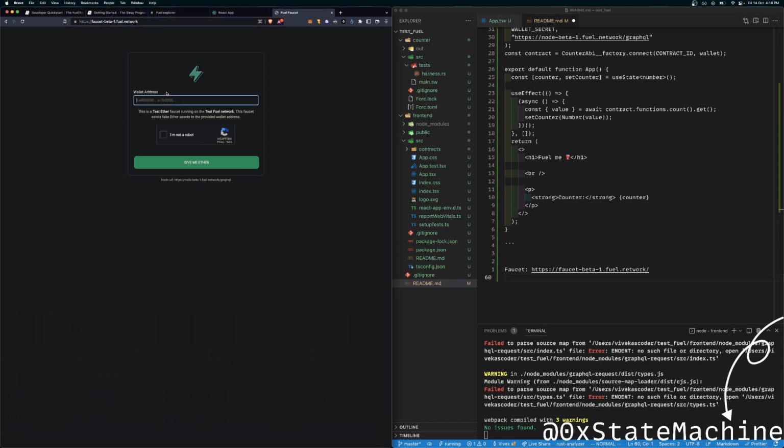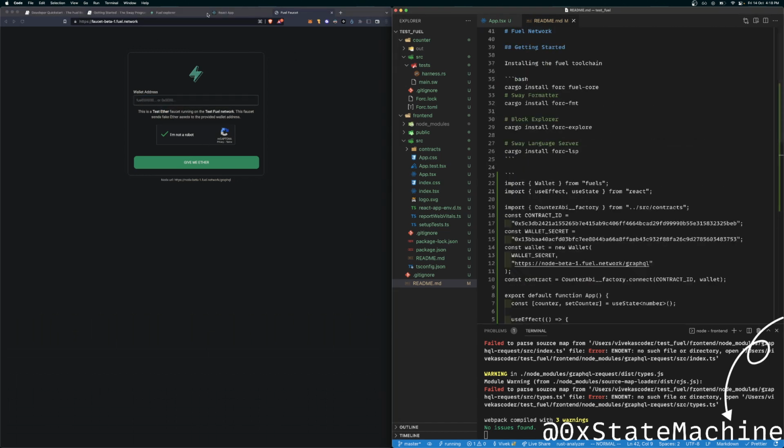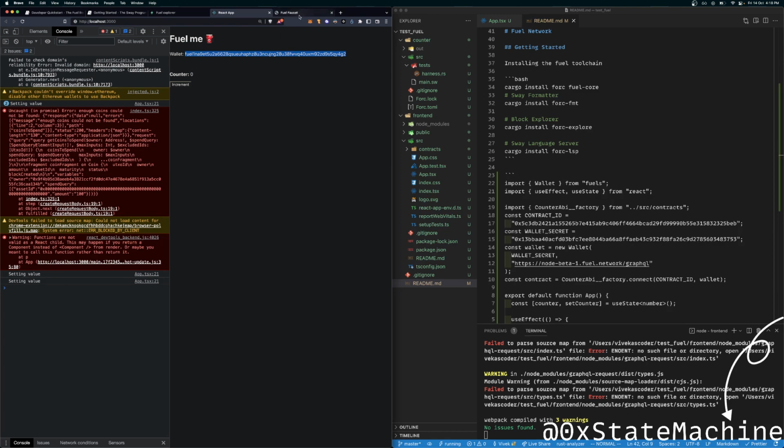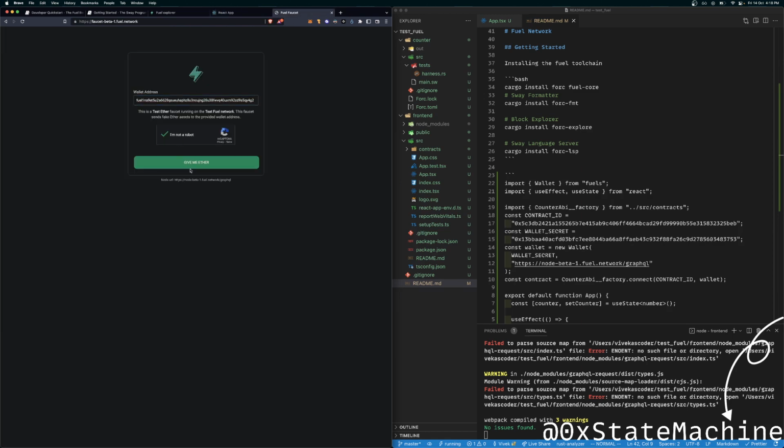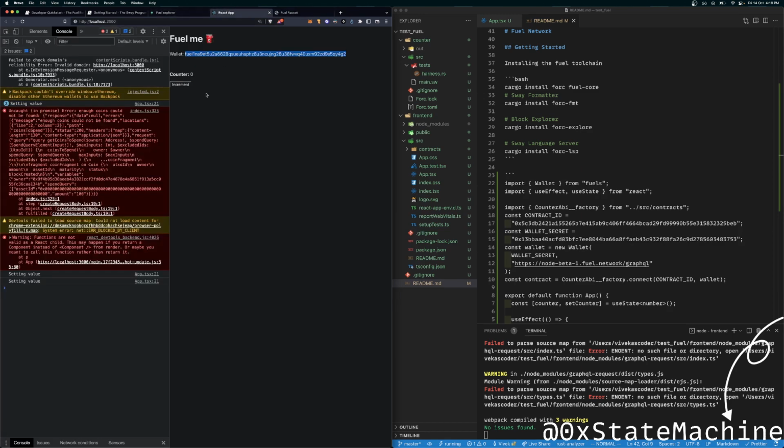Let's just paste in the address. All right, this is done. Then I can increment. Boom! Perfect. So it took us a while, but now we have sort of control over the whole smart contract